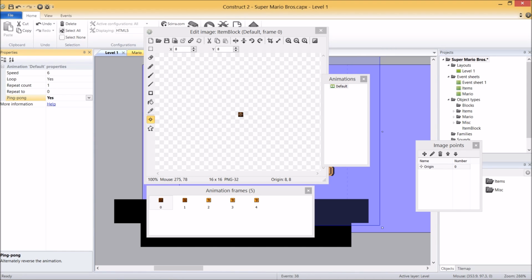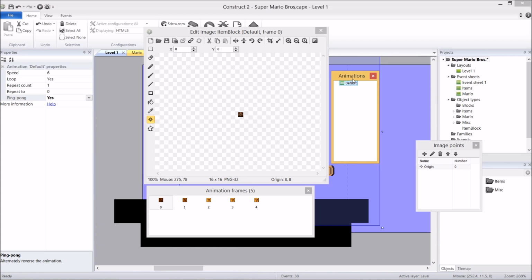So that's set up and ready to go, but we're not done with this guy. We need to add a second animation. Now, this default animation is when the block is just sitting in the level and it's just flashing at the player. There is another animation for these guys. When you headbutt them and an item pops out, or it expels all of its items if there's multiple coins, then it becomes an inactive item block. Okay, the one that can't be destroyed, can't be headbutted, and doesn't move.